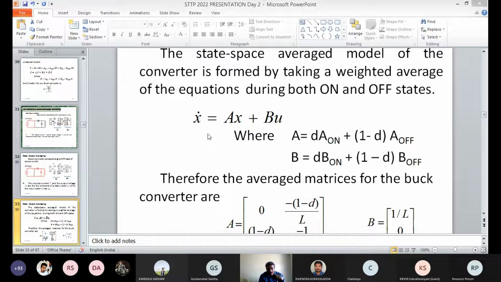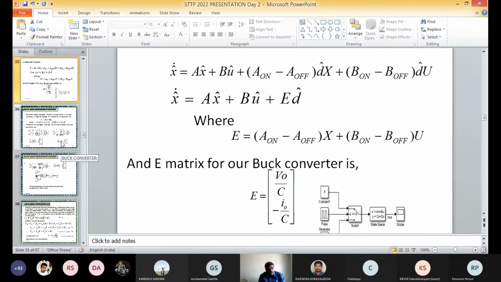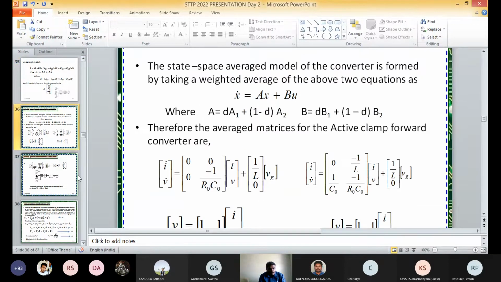Once you have the state model, you can build the circuit with the help of this state space model. In MATLAB you can directly develop the buck converter. This is the main requirement of determining the mathematical model. So the next one is